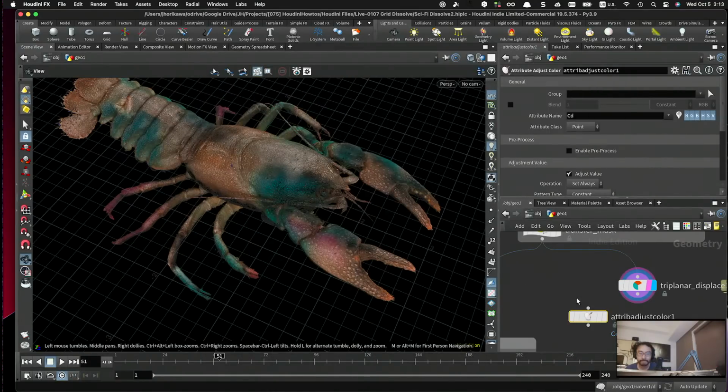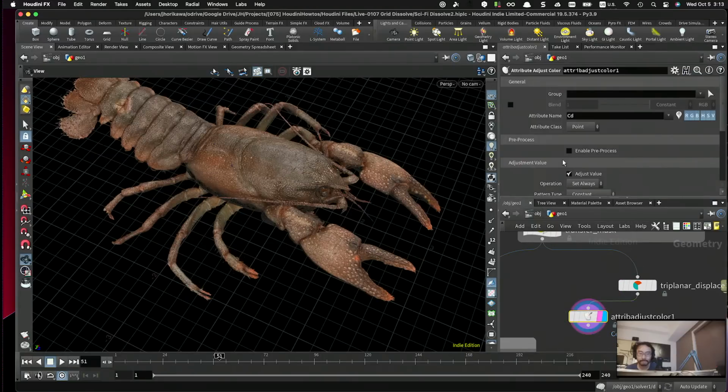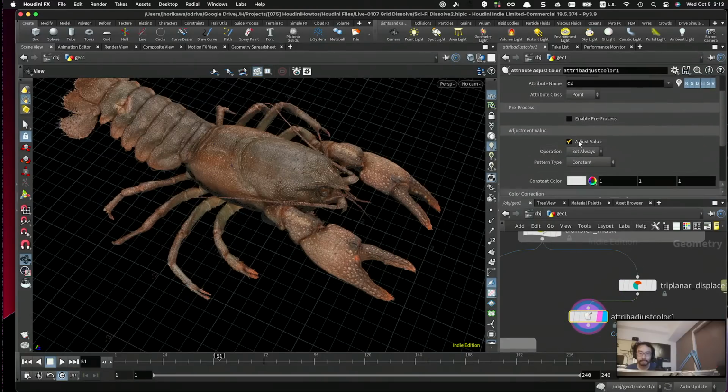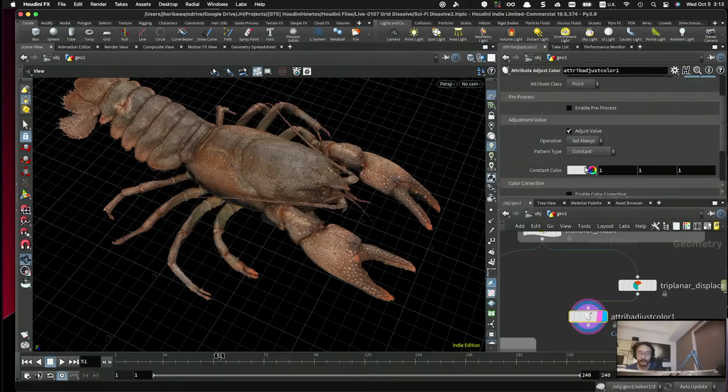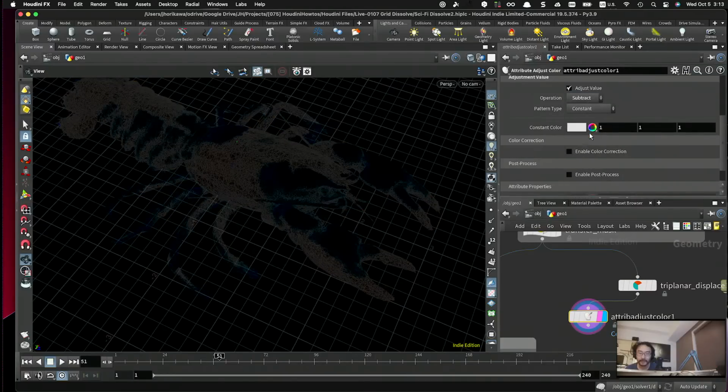Interesting. And what does it do? Does it always add? Okay. Well,